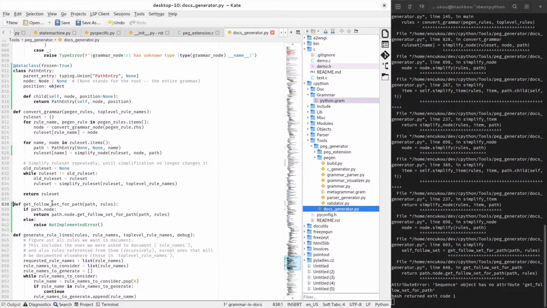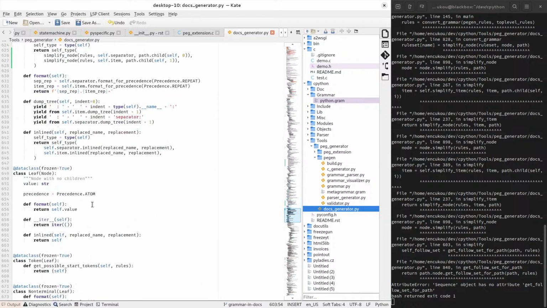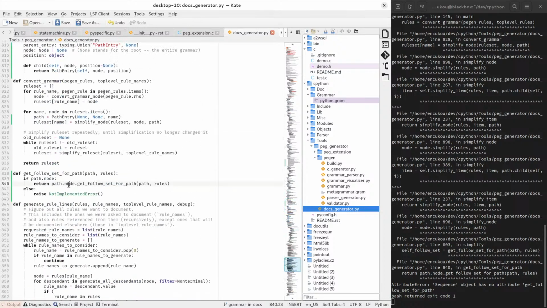Don't know if I'll need this function or not. Cool. So this path to the positive look ahead includes the entry for the positive look ahead itself. No, it doesn't. It just has the parent of the positive look ahead. So here in that function I just defined, I should be asking the parent, which is the sequence here, about the follow set for a particular path. And now we can